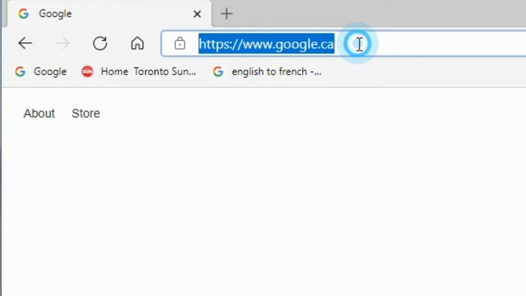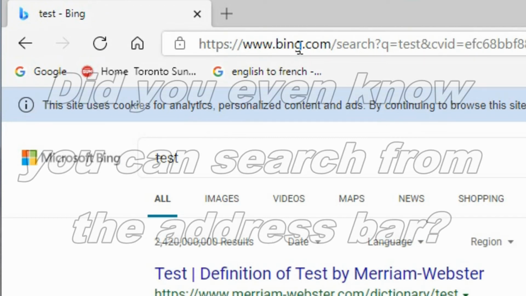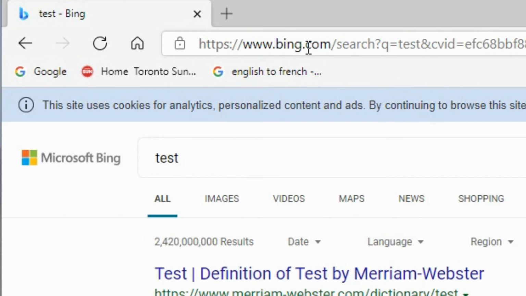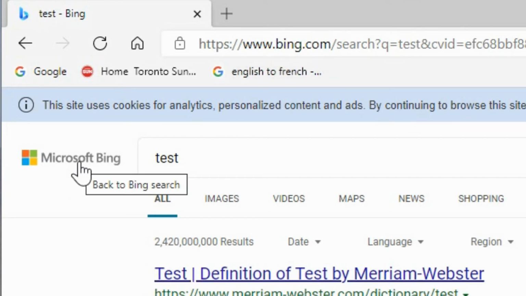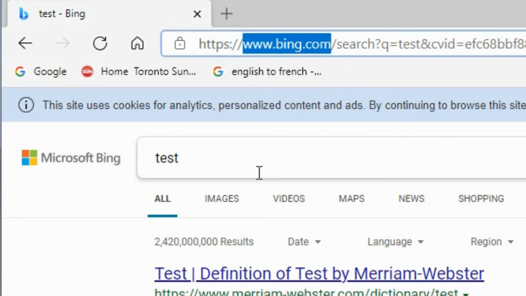Now, how about searching? If you click into the top menu bar and you type in a search, it can be used as search. So you don't have to go to Google first or Bing or anything and then search in there. You can just click up in here and type in what you're searching for. A lot of people don't even know that you can do that. But the thing is, when you click in there to type, what search engine is it using? And you can see here it's using Bing. And up here it says Bing.com. That is the search engine that it's using by default. I don't want to use Bing, so I'm going to want to change that.